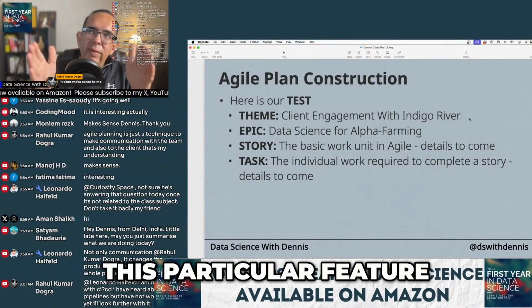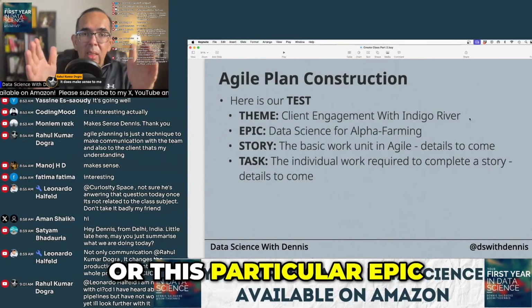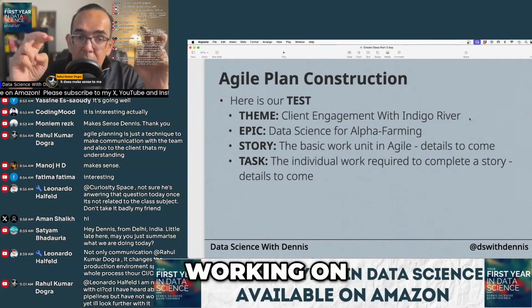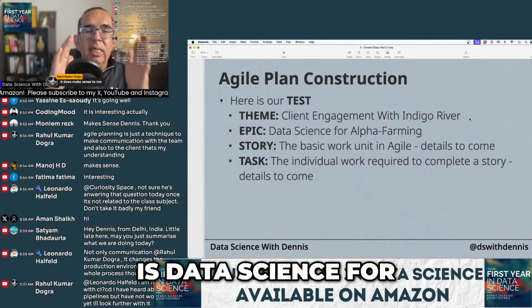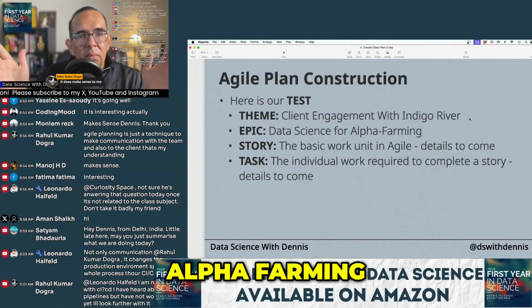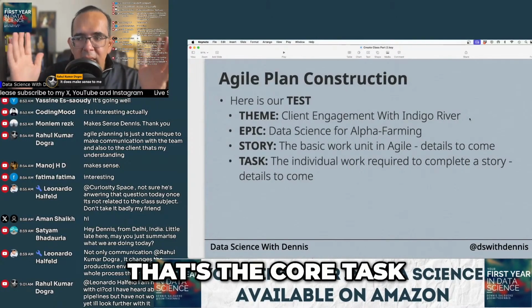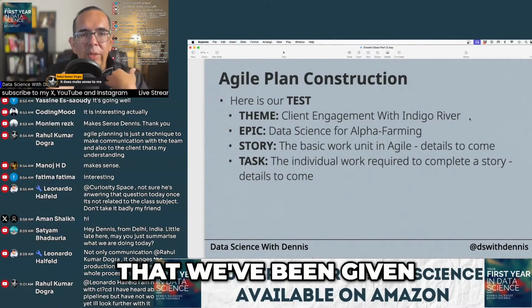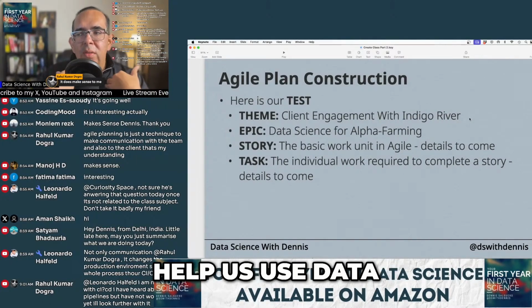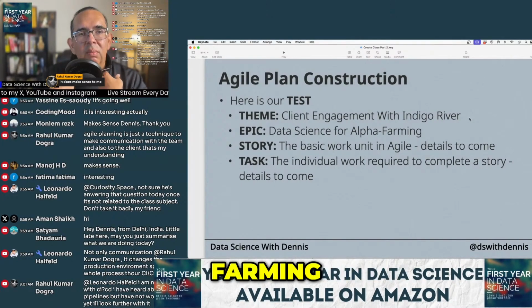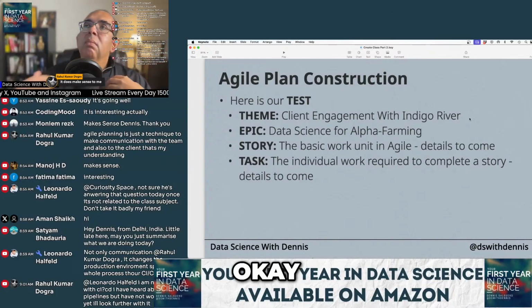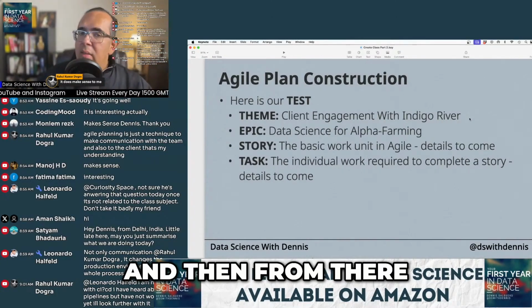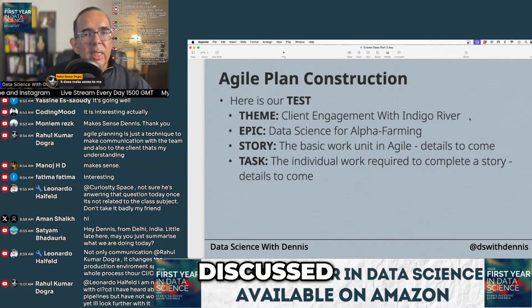This particular epic, the feature that we're working on, is data science for alpha farming, right? That's the core task that we've been given. Help us use data science for some alpha farming. Okay? And then from there, it's everything we just discussed.